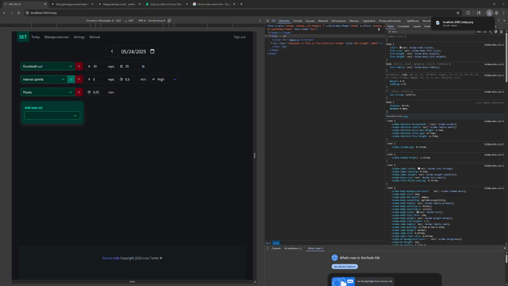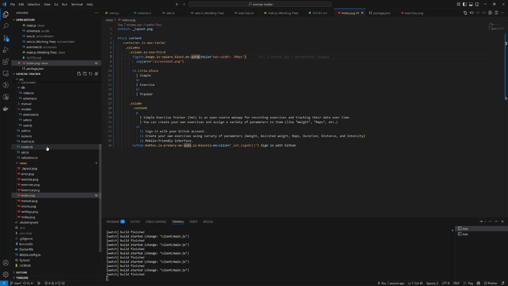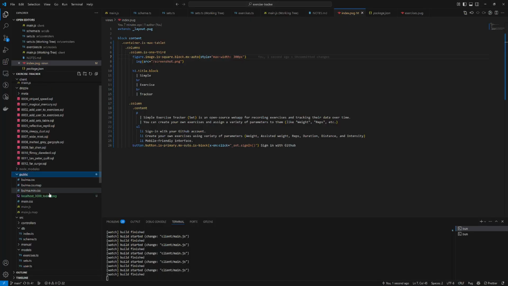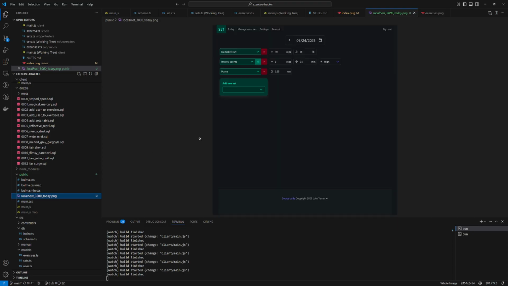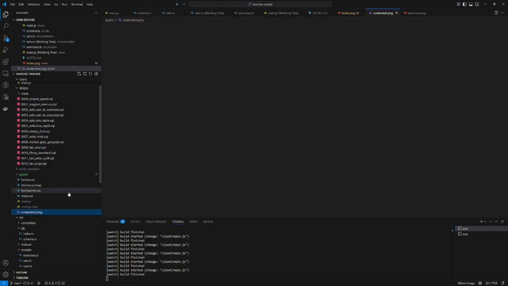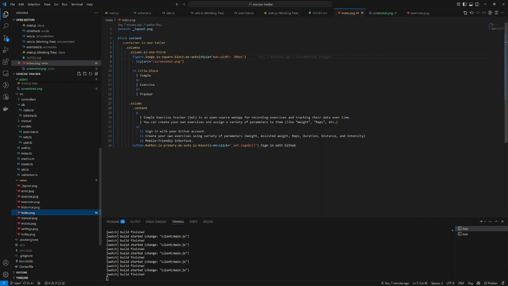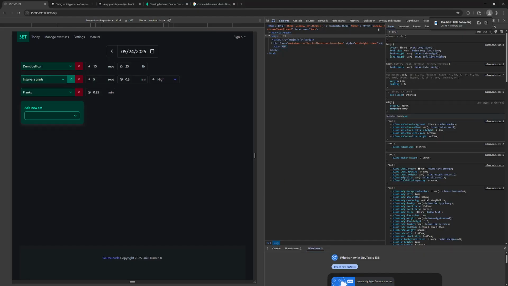Okay, so now if I look at that in VS Code, I should be able to see that screenshot here. Yeah, okay. And I will just rename this to screenshot.png. And then that's what this is linking to already. So that should now,